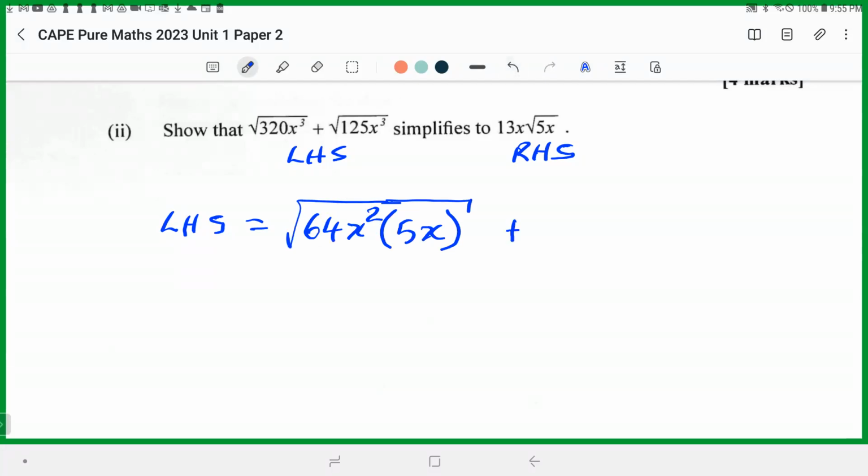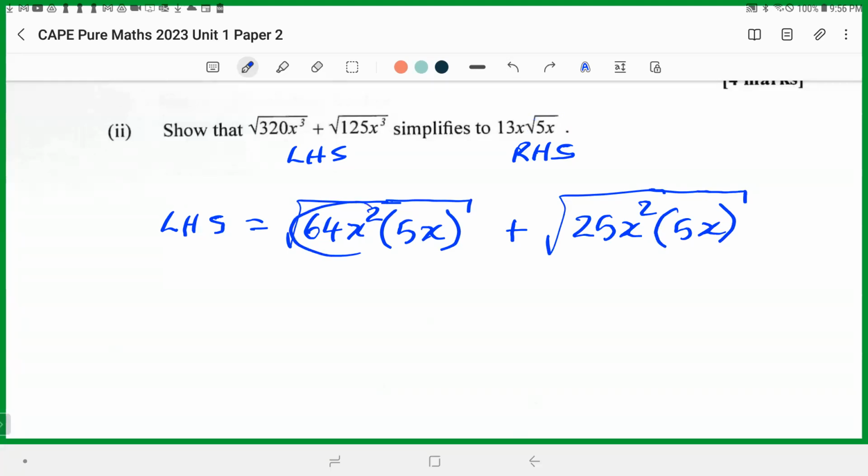And I'm going to factorize the 5x out of this as well. 125 divided by 5 is 25. So I'm going to get the square root of 25x squared. And then I'm left with 5x. So I know that I need a 5x based on what I see under here. So this becomes a perfect square. Square root of the 64 is 8. Square root of the x squared is x. So this here becomes 8x times the square root of 5x